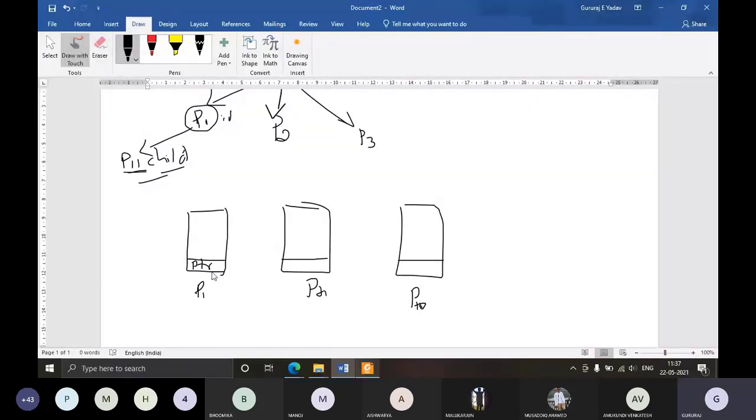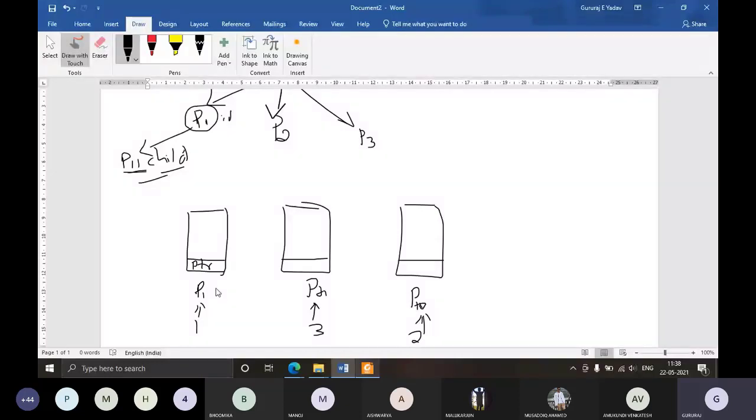So we'll assume that all these three are waiting for the CPU. Out of these three, let's say P1 has come first. After P1, let's say P10 has come next, and then at last P4 has come. So this has come first, this has come second, and this has come third. But all three want to use the CPU. Let's say it is a first come first serve policy. So whichever process has come first will be given the first chance to use the CPU.